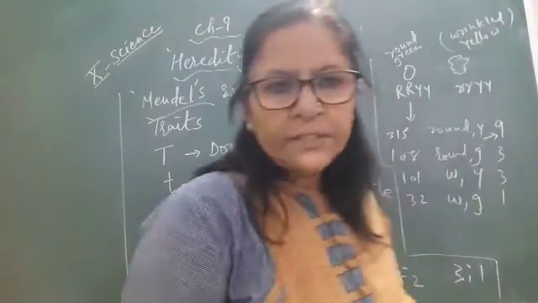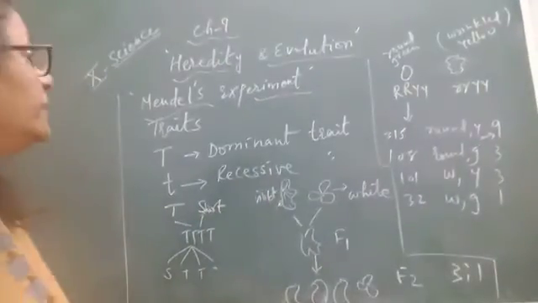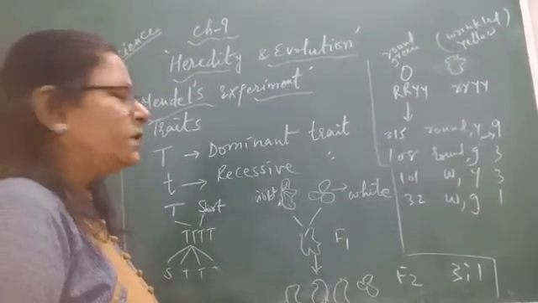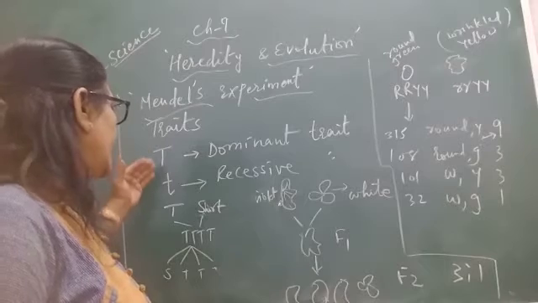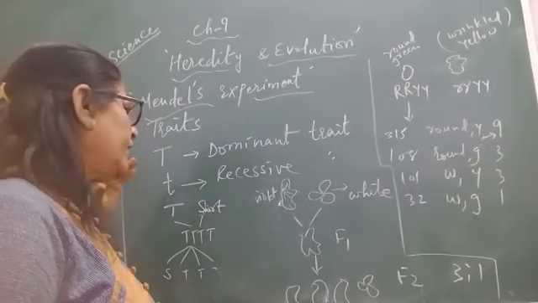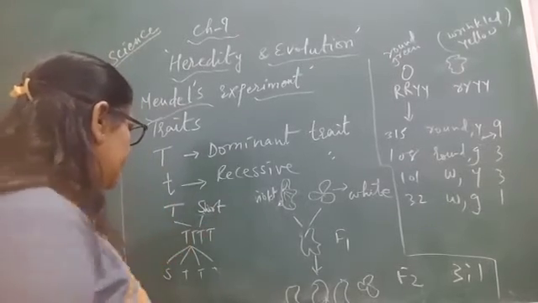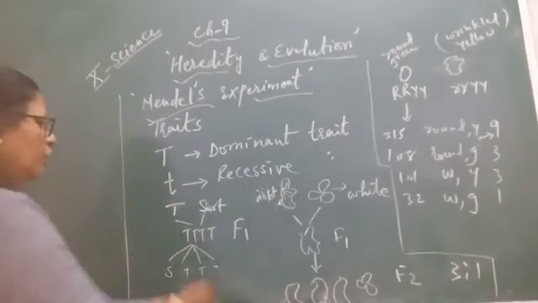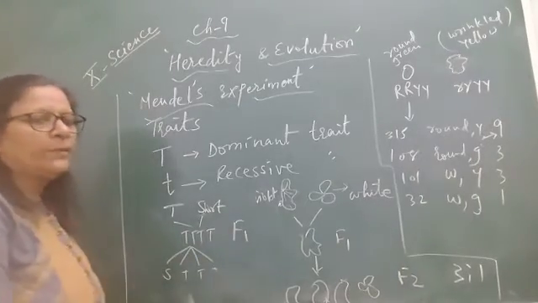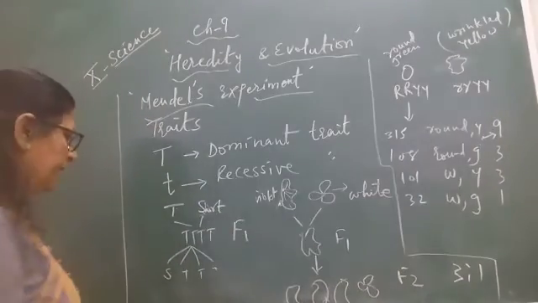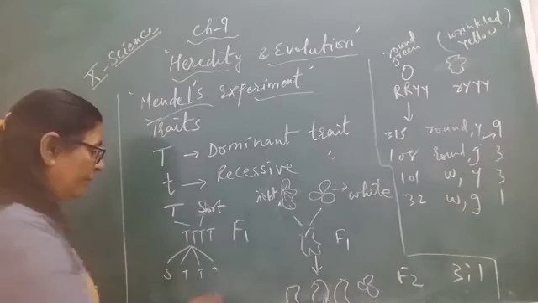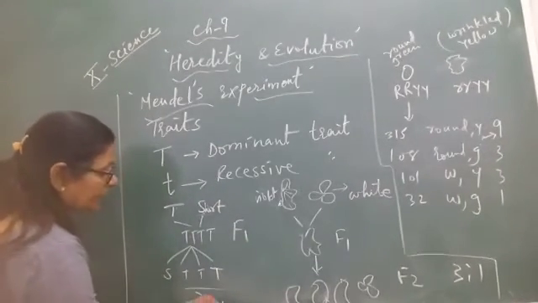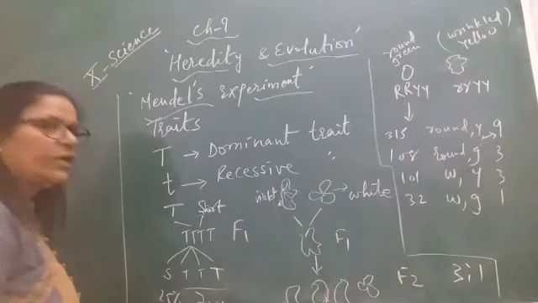Good morning, students. Last time we had already started Mendel's experiment. He performed many experiments on pea plants, and he took one tall and one short plant. We had already discussed that in the first generation, when pollination was done between one short and one tall plant, all the plants of the first generation were tall. Then self-pollination occurred between all these tall plants. Out of them, 75% were tall and 25% were short.